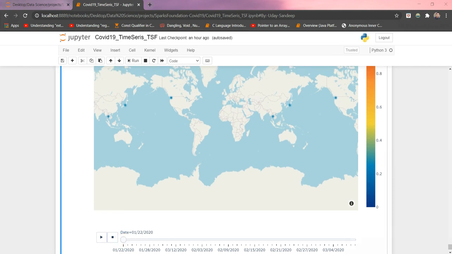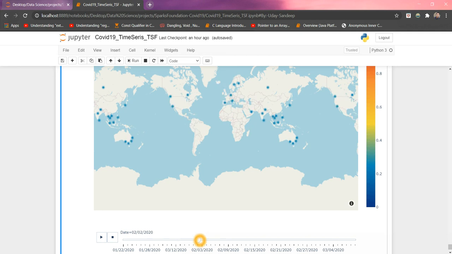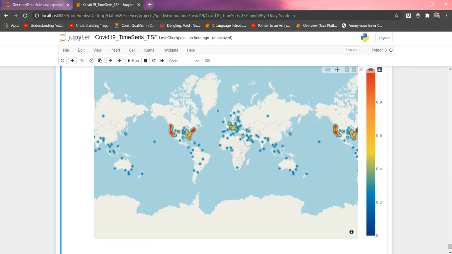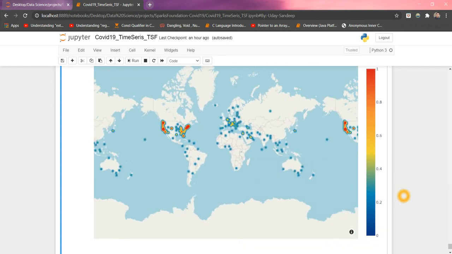and we have the timeline series, so that by moving this cursor, I mean this button over here, we can represent how the cases are changing across the world. This is a Plotly kind of thing. I did this using ggplot. So on the map we can visualize how the cases are growing using this timeline series.